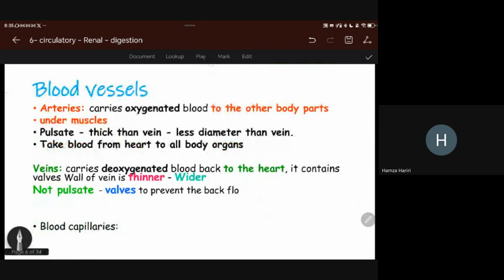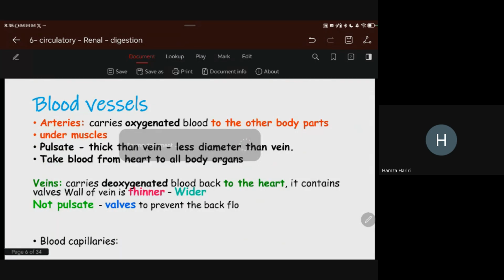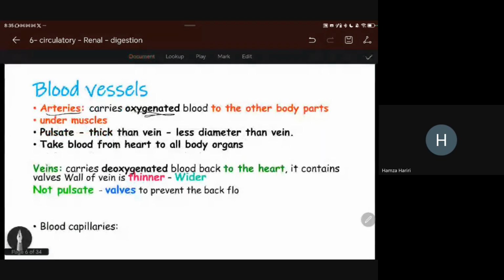So we have blood vessels, and we have different types of blood vessels. First off, we have the arteries, which we said only carry oxygenated blood, which is blood filled with oxygen. And this blood that carries oxygen, where do we want it to go? We want it to go to all the other parts of the body, so that it can deliver the oxygen to them. Okay,